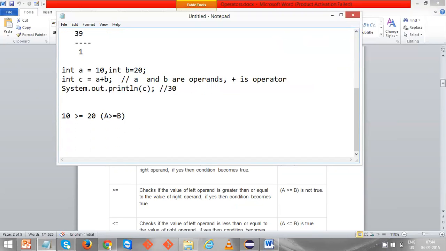Here there are two operators involved. One is 10 greater than 20 and the other is 10 equal to 20. This we can call simply equal. Now let's see, 10 greater than 20, no, it's false. 10 equal to 20, no, it's false. If both are false, the value of this